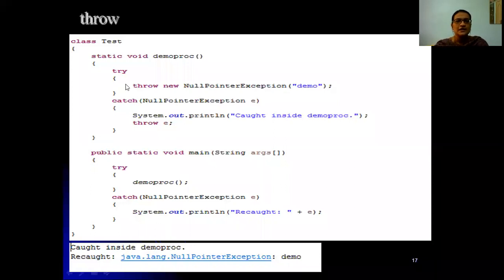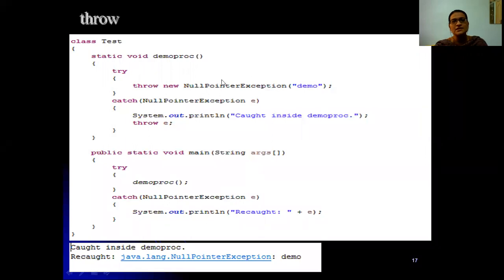Here you can observe that within a method we have a try block. Within the try block we have throw new, and we are throwing an error without any statements. Instead of a system-generated exception, our user is throwing an error. Our user is generating an exception. So that is what this is.